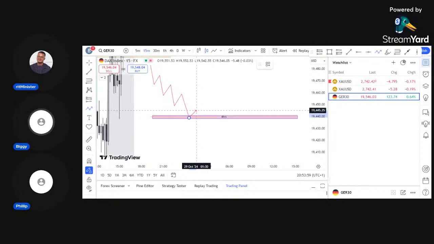Then either a push down, and then once we are having this push down